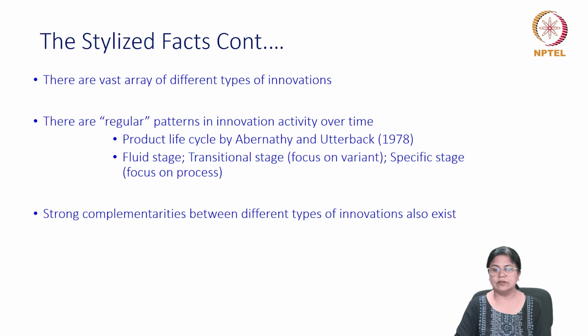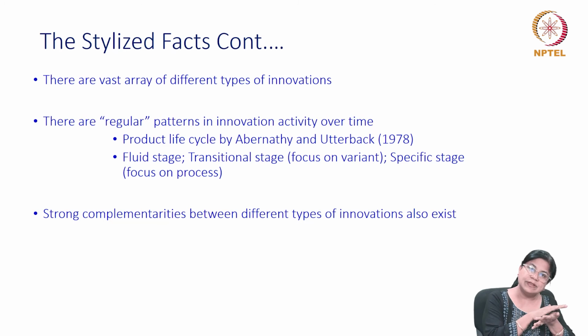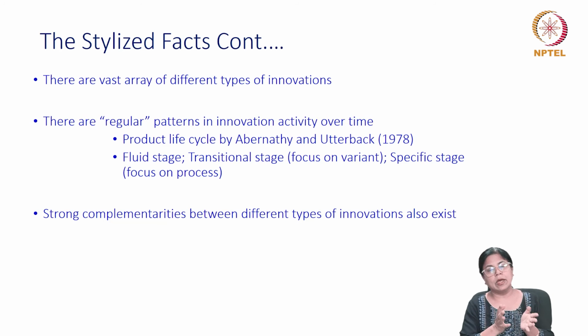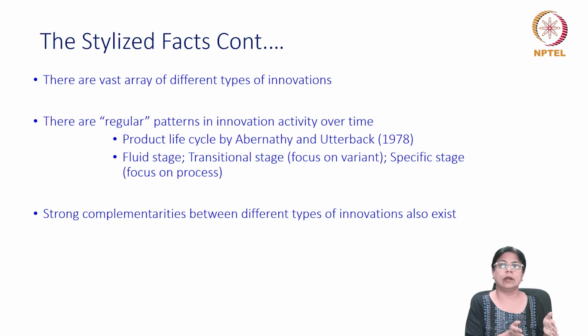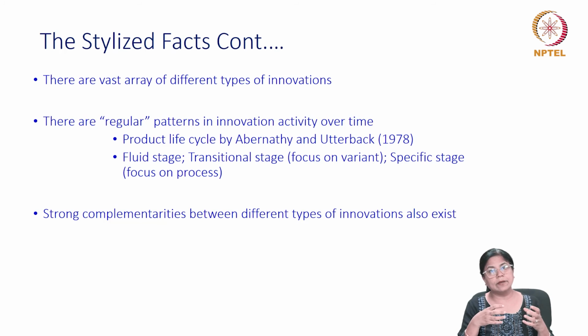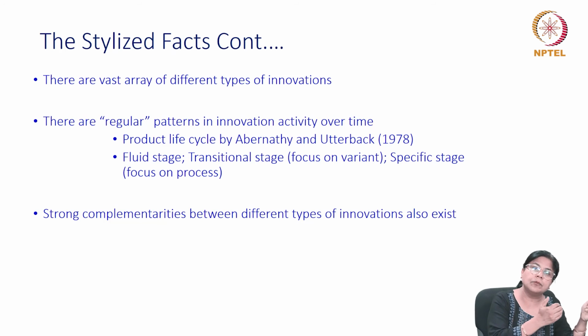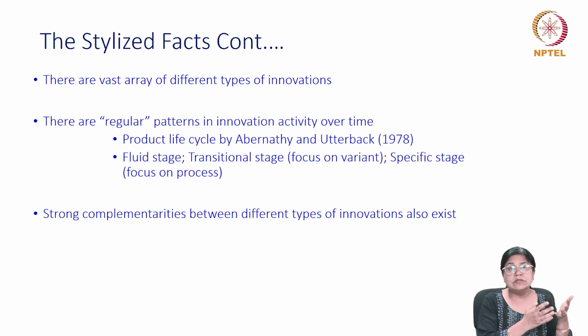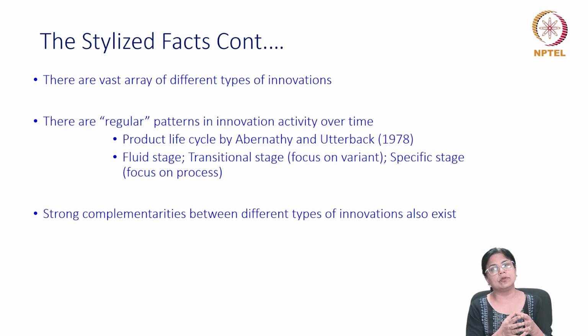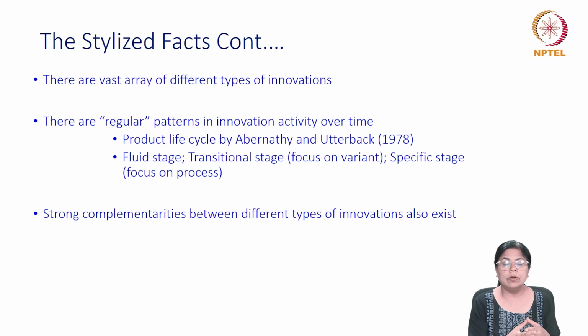The last stage is the specific stage. Here the focus is on the process. The producer, after having standardized the way a particular product looks, has also introduced different variants of that standardized product. Now, in order to mass produce it and make a profit from that product, you focus on standardizing the process to produce it. Once again, we are looking at more and more process innovation, trying to make it very cheap to mass produce the product, because the competition with other competitors will now be with respect to prices.